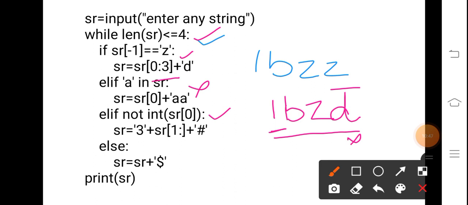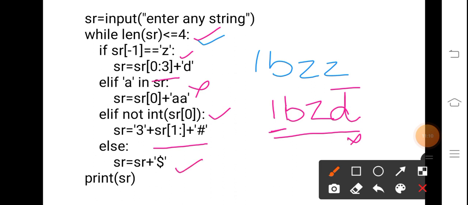A true value, as all numbers except 0 are considered true. So when we write elif not true, it becomes false. So this condition will not be executed because it would be executed only for false. So we come to the else part here.